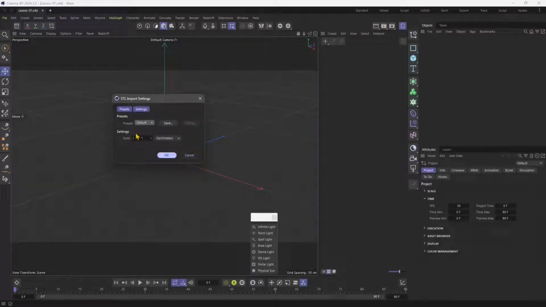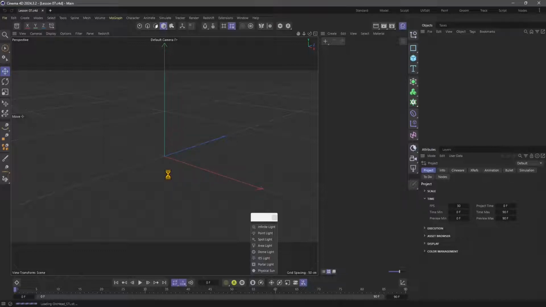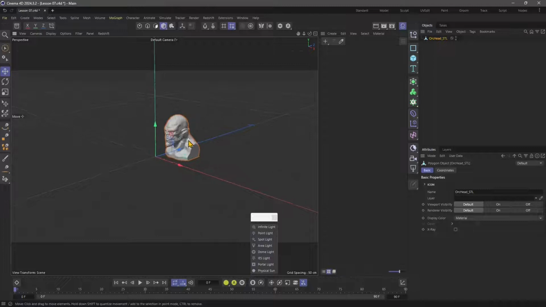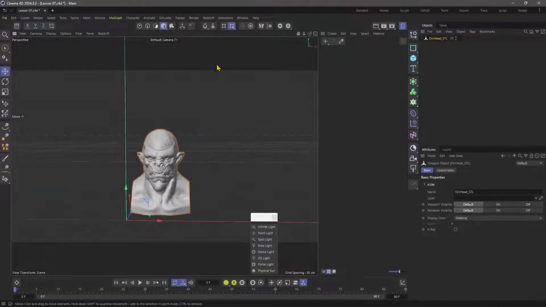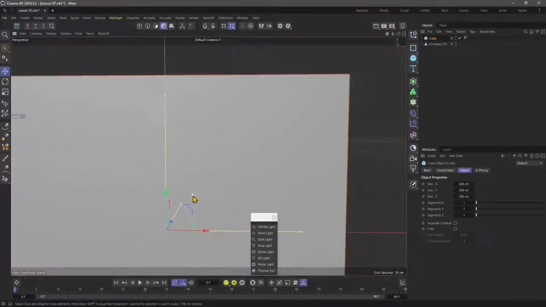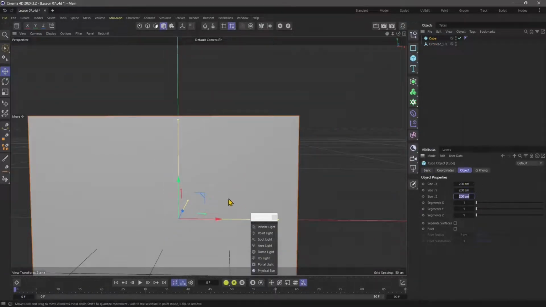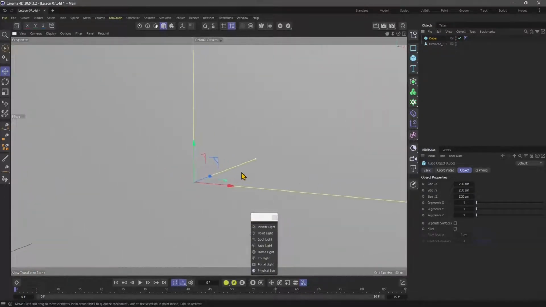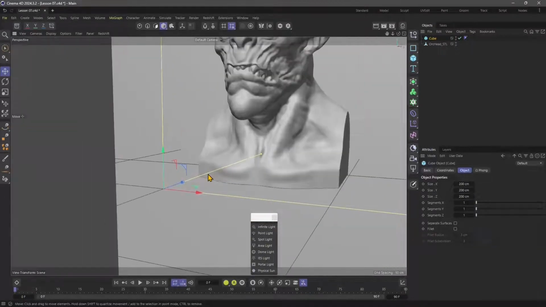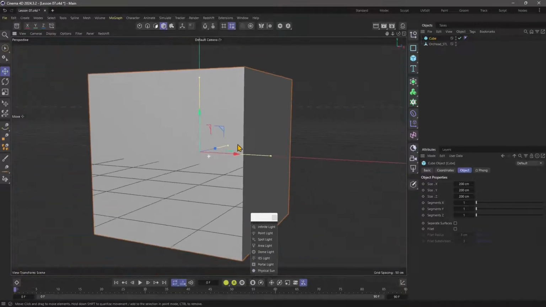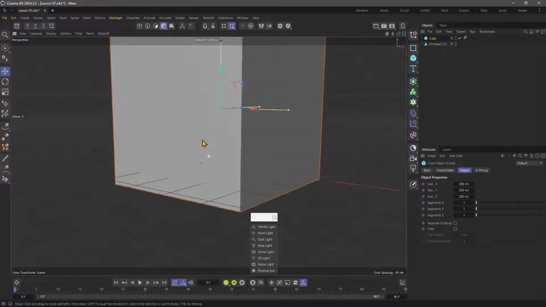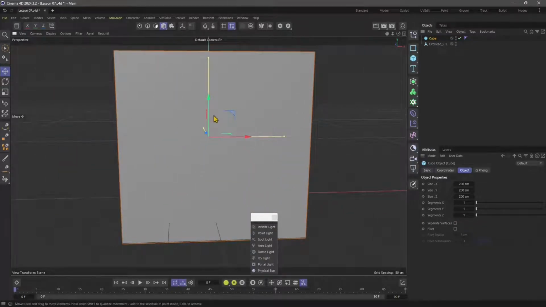Now the size is really important, talking about some effects like subsurface scattering, but also about lighting. So make sure you have a nice size. So once you bring this in, you may want to measure it. Now a quick way I measure things, to make sure that they are not too big or too small, is to create a cube and just type like 200. So that's going to be fine. The statue size is fine for what I need to do. And I can also use this cube to have some sort of background or backplate. So I'm going to